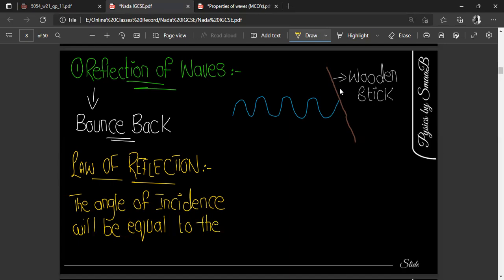Right? Okay, so now what actually this law defines, or how can we interpret this in our